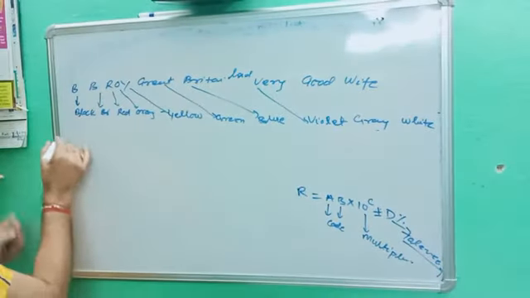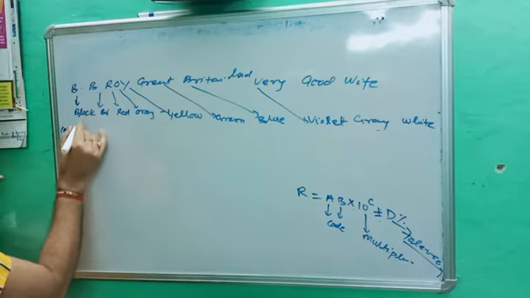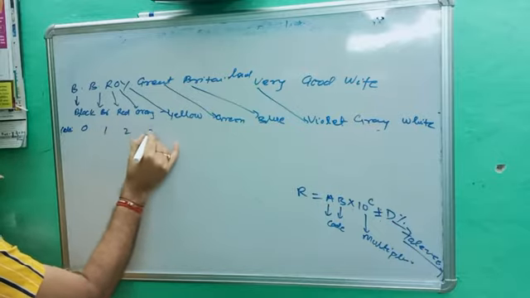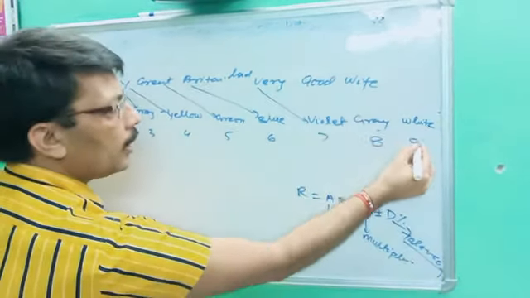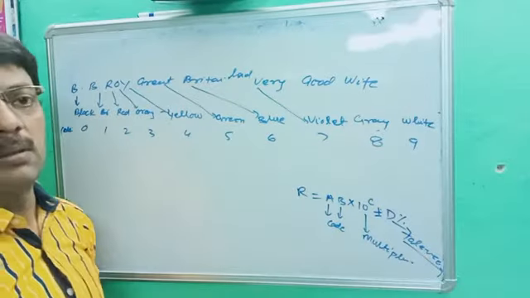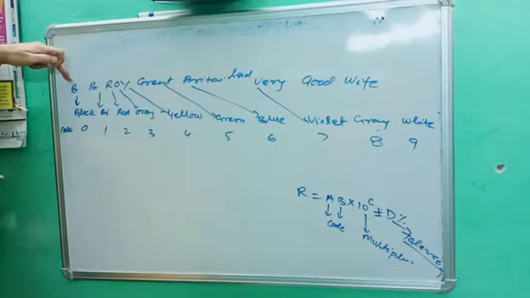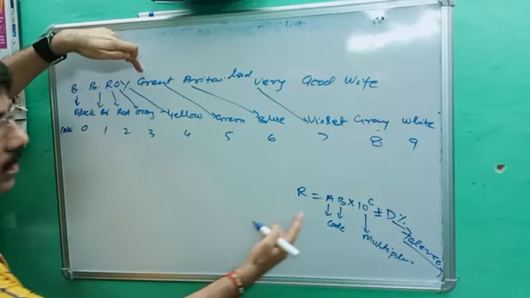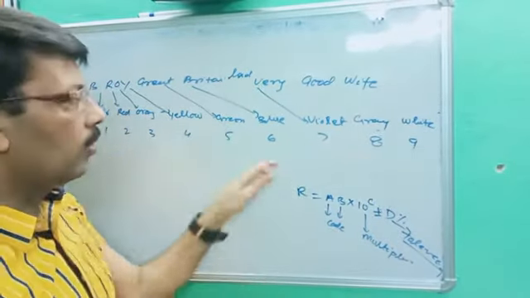Okay, now first we will find the code. From black you put 0 up to that point: 0, 1, 2, 3, 4, 5, 6, 7, 8 and 9. These are the codes. So we can decide the codes very easily. You can decide directly here: black, brown, red, orange, yellow. Let us suppose the first color is green, so you have to write green, code is 5. So directly you have to write 5. Okay, these are the codes.